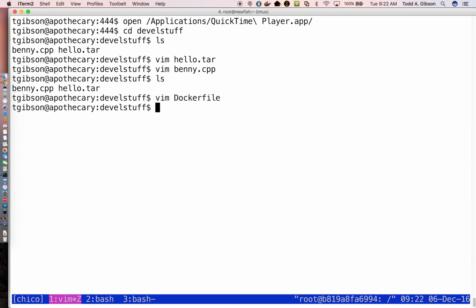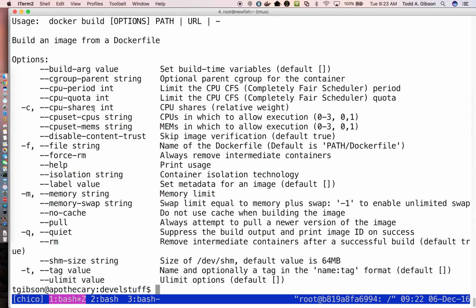So I'm going to go ahead and quit. The command is docker build. We can get a little help here and look at the various options that we have. What we're going to want to do is apply a tag, so I'm going to use this -t option. And let's get rid of the help. Build -t, I'm going to give this a name, I'll call this develbox, or devel image maybe, or how about just devel. And then I want to build it from files that are in my current directory, including the Dockerfile being in